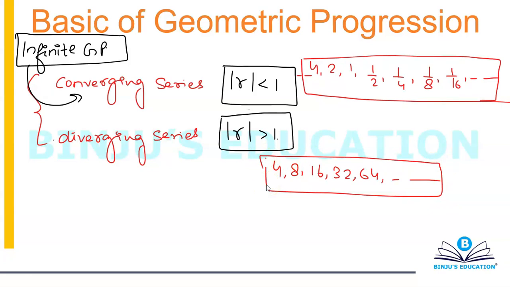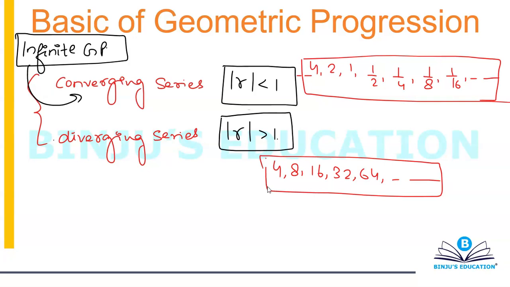Now if we use our logic, we would also realize that you can't calculate the sum for an infinite diverging series. You can't calculate the sum, because if it's an infinite diverging series, the numbers will keep on increasing and your sum has to be infinite. Like after 64 it will be 128, then 256, then 512, then 1024, then 2048, then 4096, and so on and so forth. Okay, but in case of converging, the value becomes smaller and smaller. So you can do the approximation.